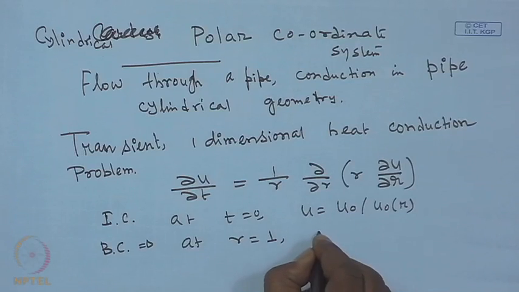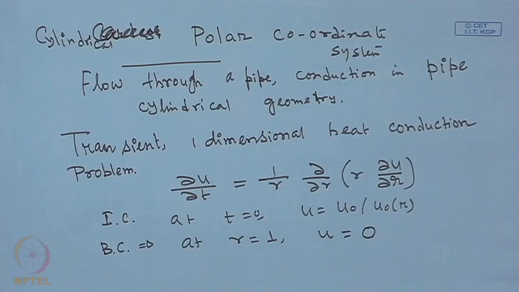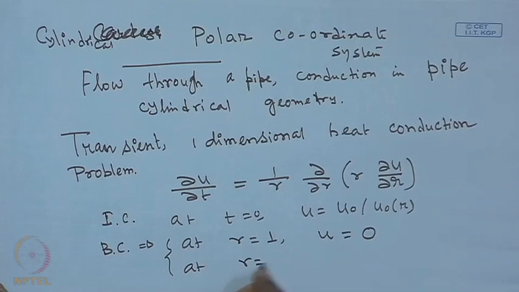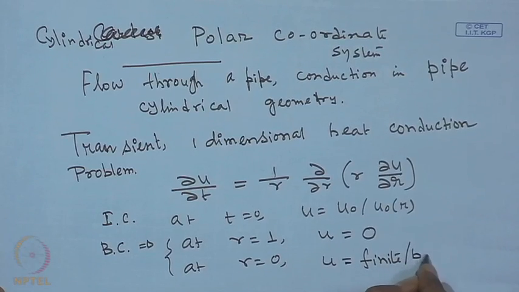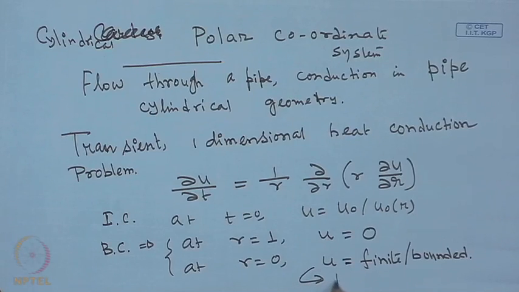You will be having a constant temperature condition, u is equal to 0. And the other boundary conditions need not be specified. In fact, the other boundary is at r is equal to 0. So, what will be the condition at r is equal to 0? The condition at r is equal to 0 is that the temperature must be a finite quantity. That means it is bounded. If you look into this problem, u is finite, which basically means we do not have any specification on this boundary. We are assuming this is apparent from the physics of the problem. So, this is known as a physical boundary